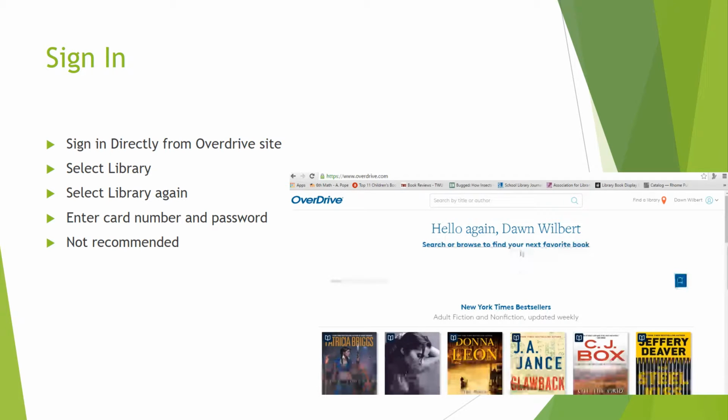Okay, so now it's showing me that I am signed in. I am on Overdrive, and it's showing my name over here as well. Now, this page looks different than the other pages that we've logged into in previous screens, or that we'll log into in the next couple of screens. And for this reason, I do not recommend you logging into this website,